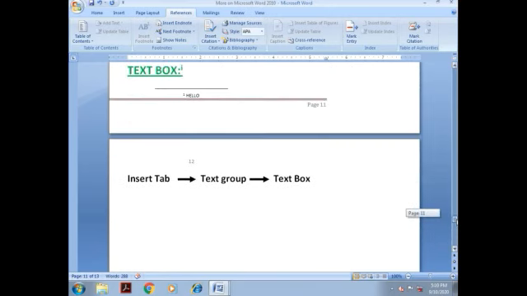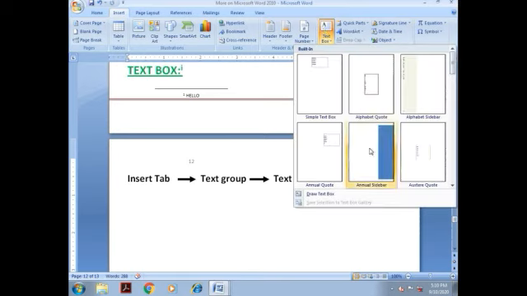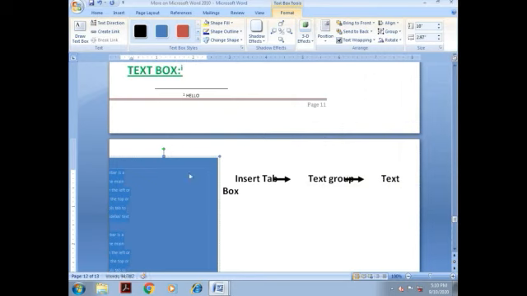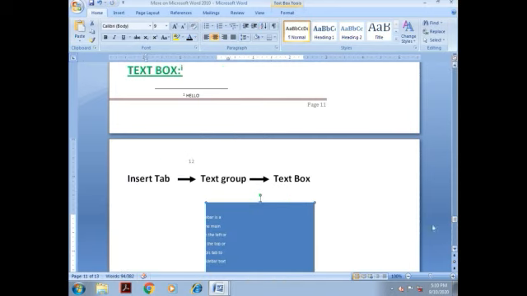We can insert text boxes in our document. We have to go to the Insert tab. In the Text group, the Text Box option is there. We can choose any one style, and wherever we need a text box, we can put the text box, and there is an option for a text box inside a text box.